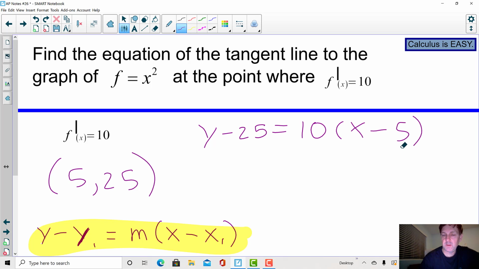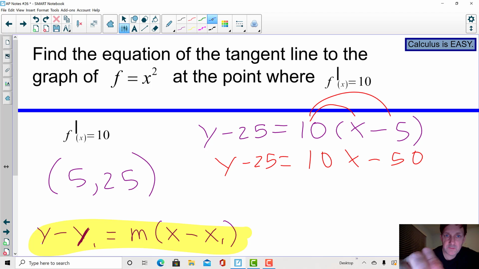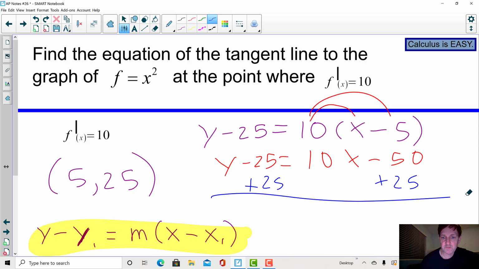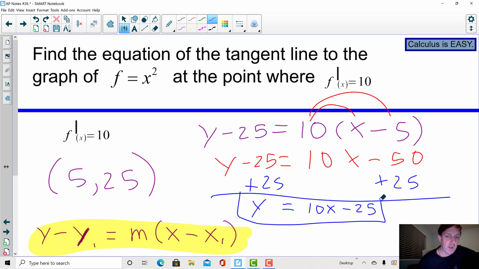minus 5. Most people will just stop right there, but if you want to solve it for y, you would add 25 to both sides. Final answer, you get y equals 10x minus 25. Okay,